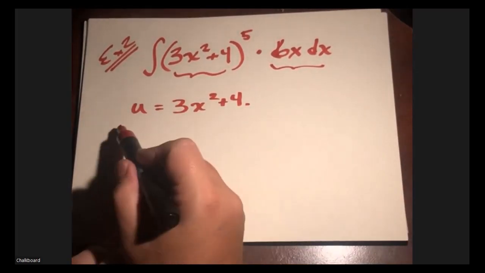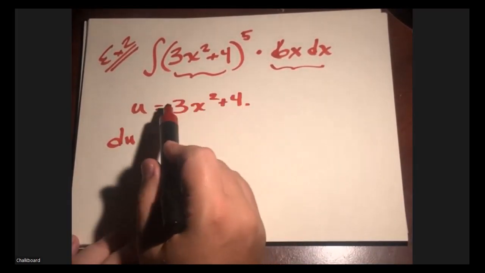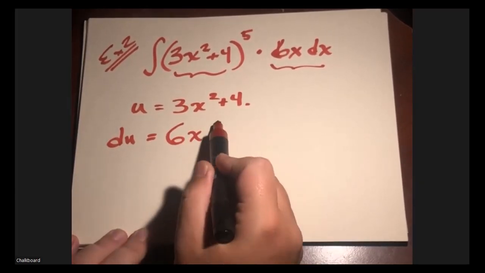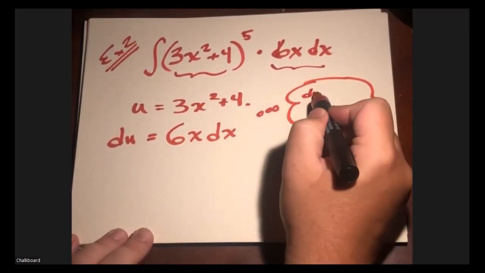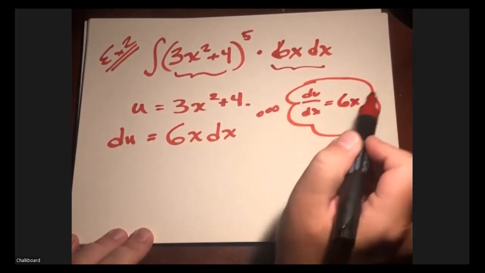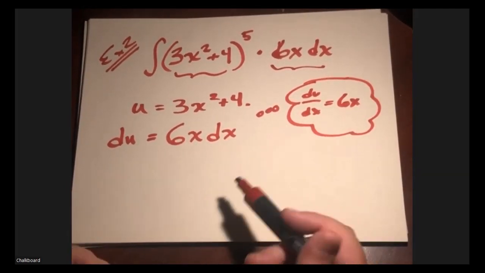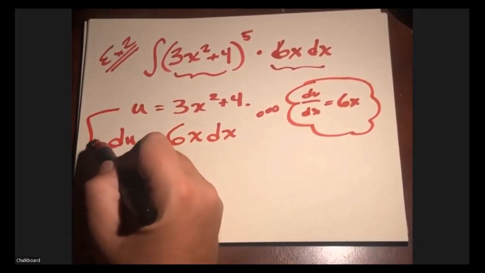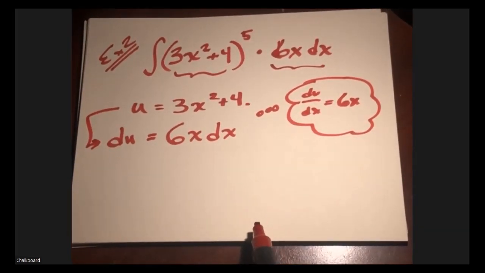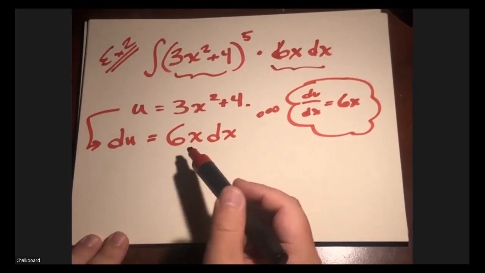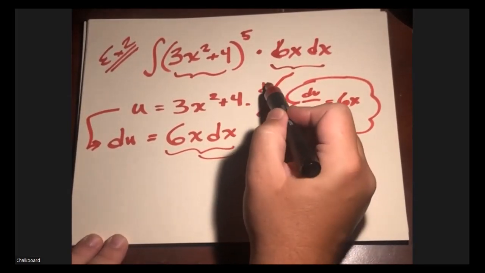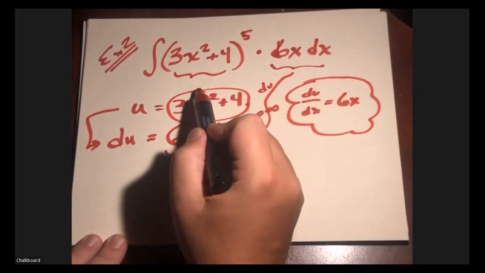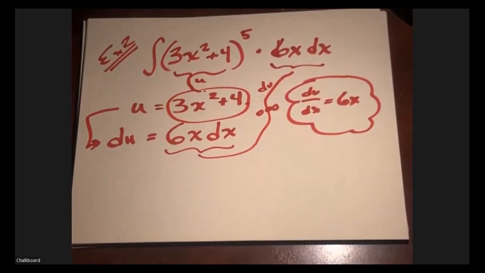It follows then that du equals the derivative of this dx. Now, if you wanted to, you could have written this first and then written that. But after you start doing your substitutions, you get used to it. You kind of go from here to here. And again, it follows that idea of our last example where we had differentials, right? So if this is du, then I can just replace this whole thing with du. And if this is u, then I could just change this whole thing with u, which means that my new